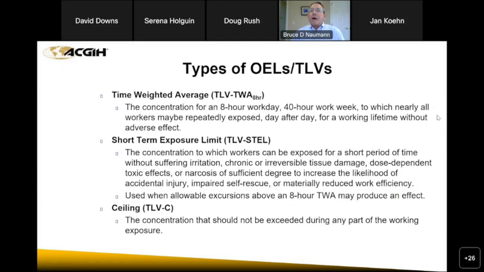Trying to move. I'm hoping that you're not seeing this. Okay, my picture is covering up part of the slide, to which nearly